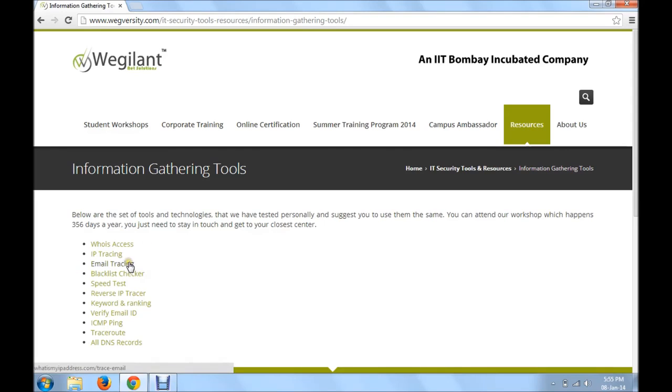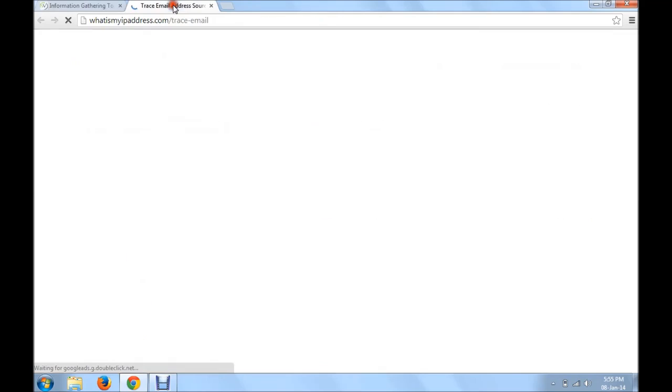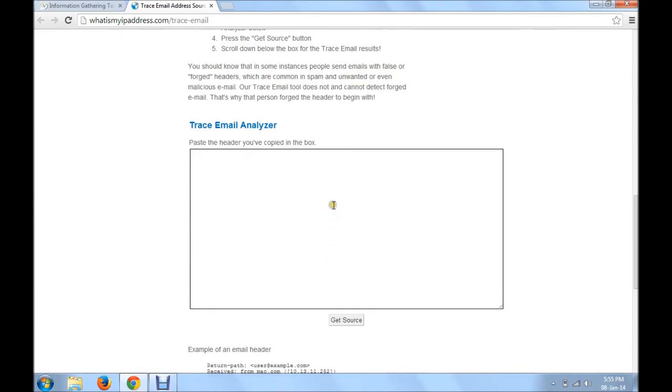Email tracing. Now, email tracing, I'm telling you, this particular tool will come quite handy for all you students out there. You guys must be receiving all kinds of mails in your inboxes, like job offers and mails from banks, and they ask you for your credentials. Now those emails can be valid, or they can also be fake. All you have to do is